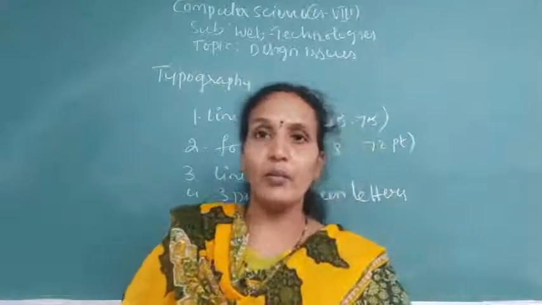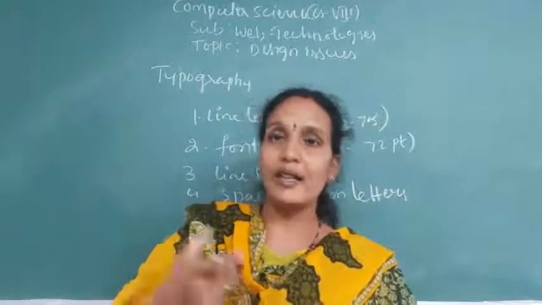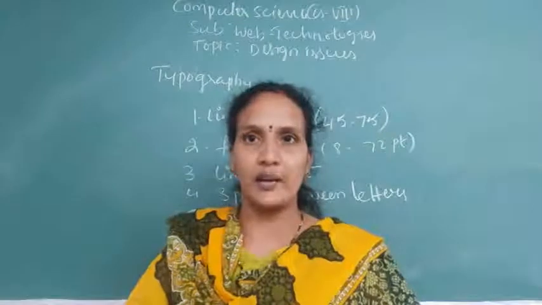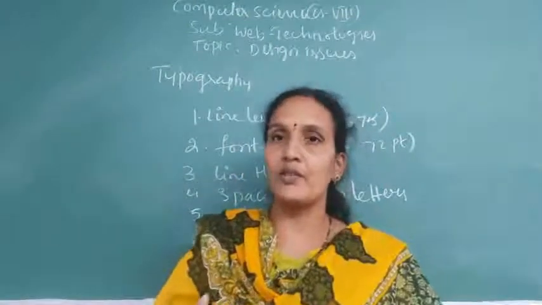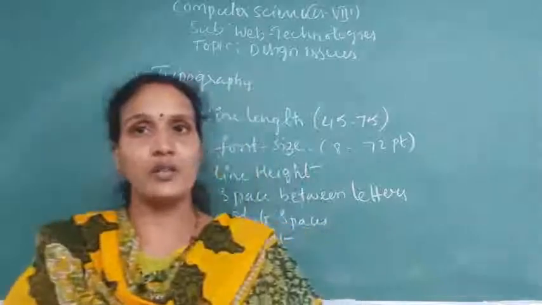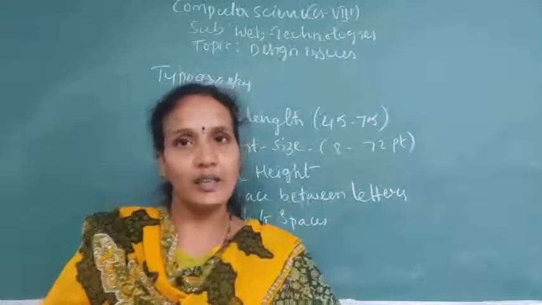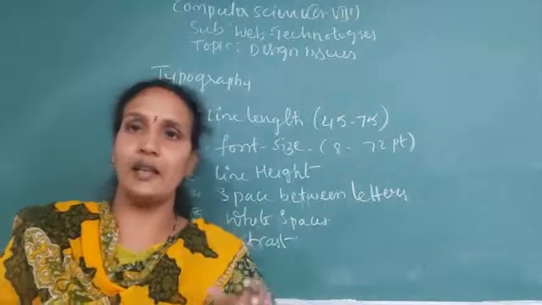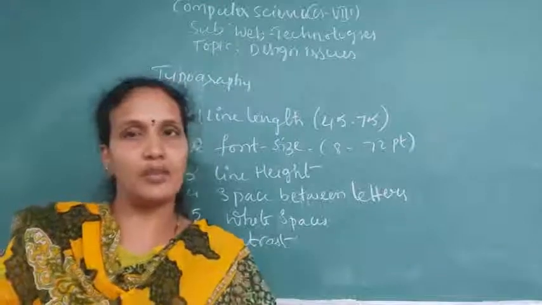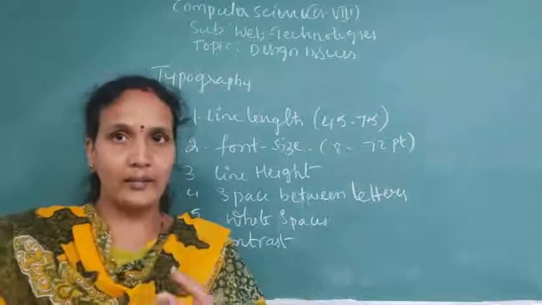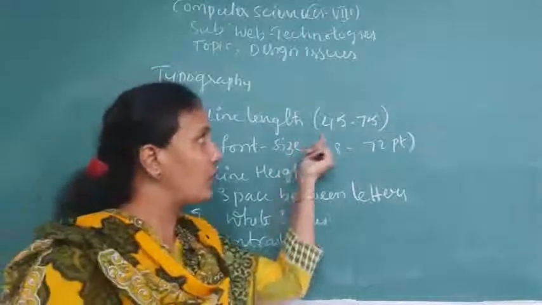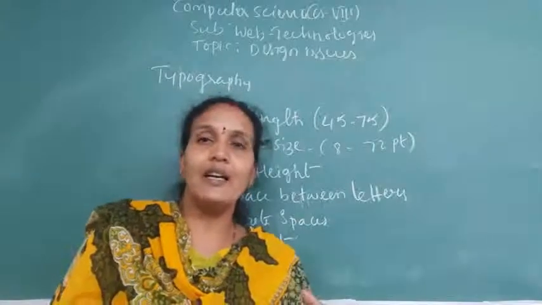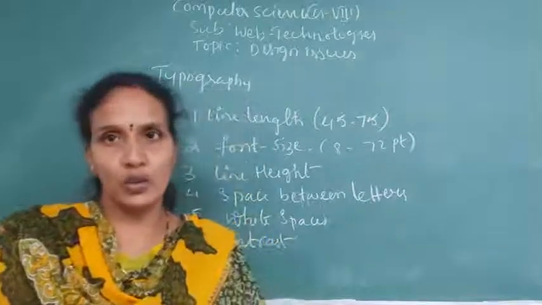So when you are giving a larger number of lines, what is the length of the line? It means in each and every line, how many characters you are adding: 30 to 40, or 40 to 50, or 60 to 70. That comes under line length. When you are adding text to the website, in each line you should put 45 to 75 characters, so that it is easy for the user to read. Otherwise, the user needs to scroll the page.